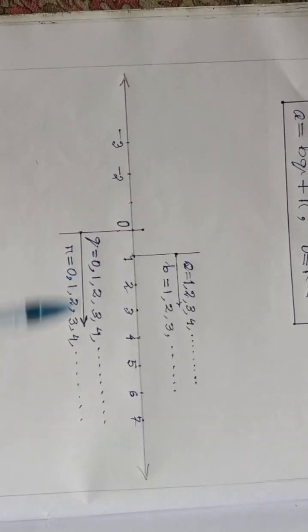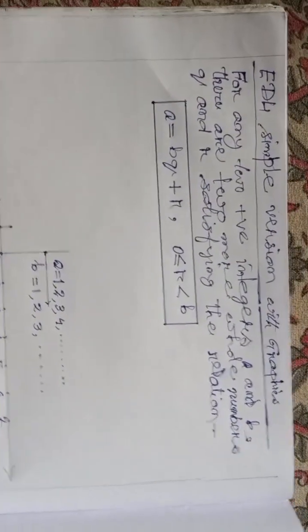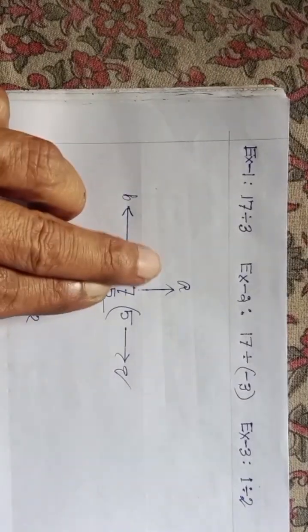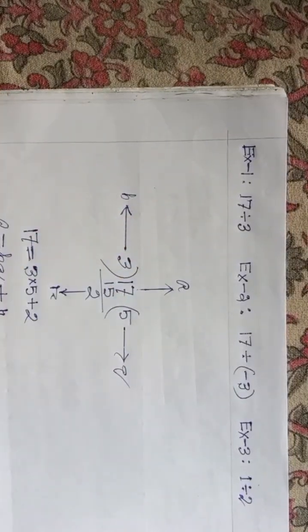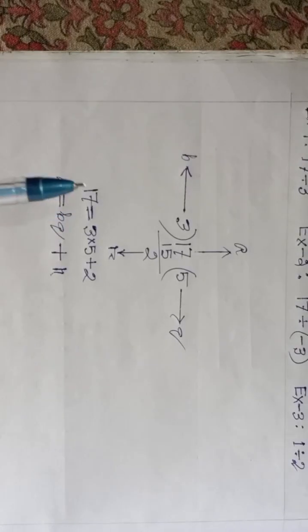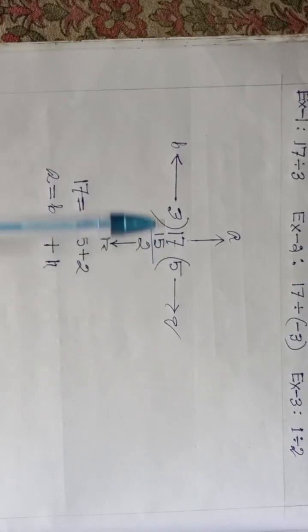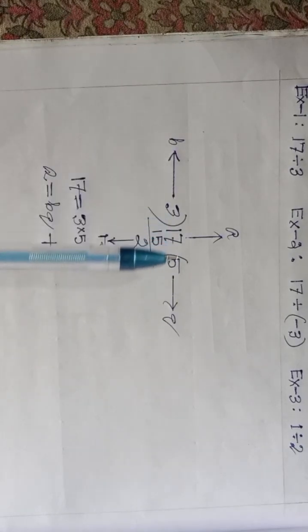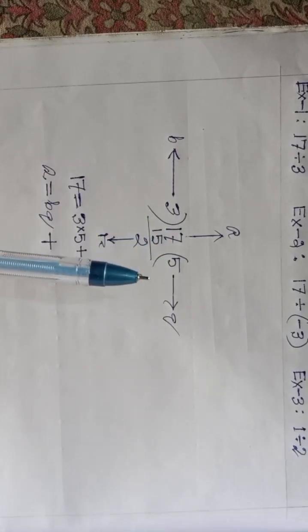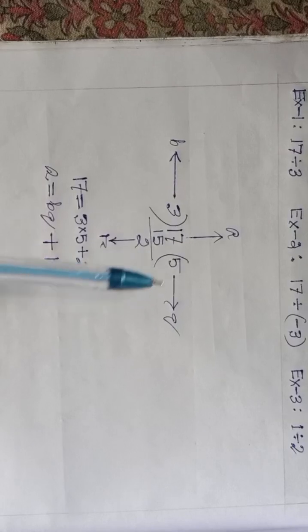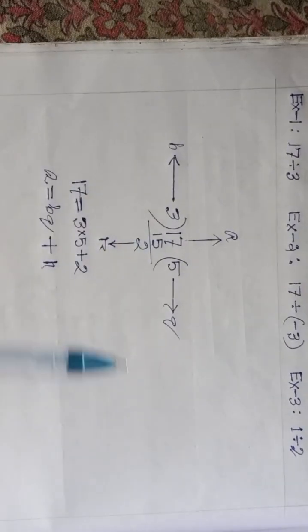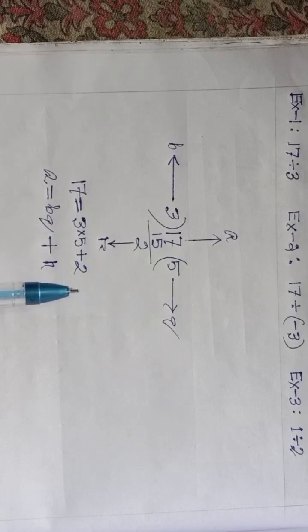And this is the graphical interpretation. Now let us understand what is the difference. Now we have seen that this first example is well satisfied. 17 and 3 are positive numbers. Okay, and then as a result of division we are getting 5. This is also positive, and this belongs to whole number. R is also 2. It is from 0 to rightwards. Okay, and satisfying the relation